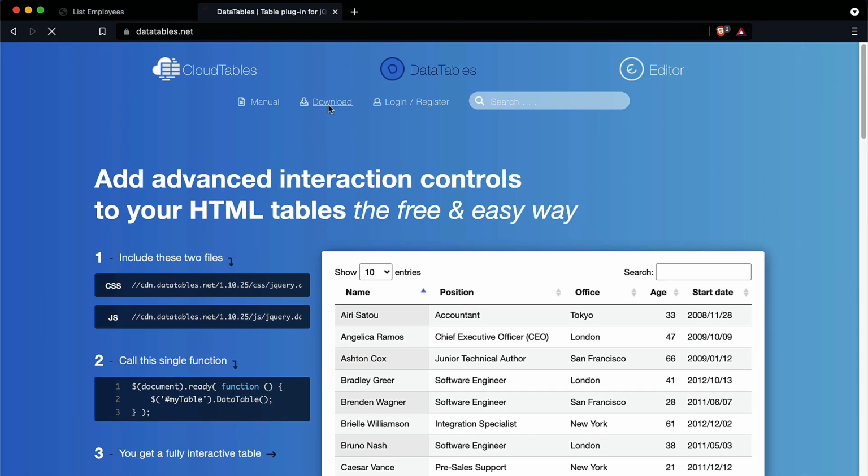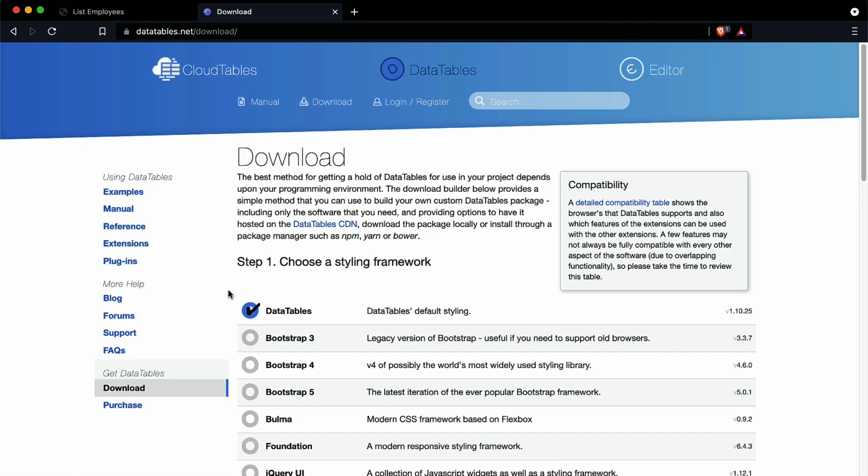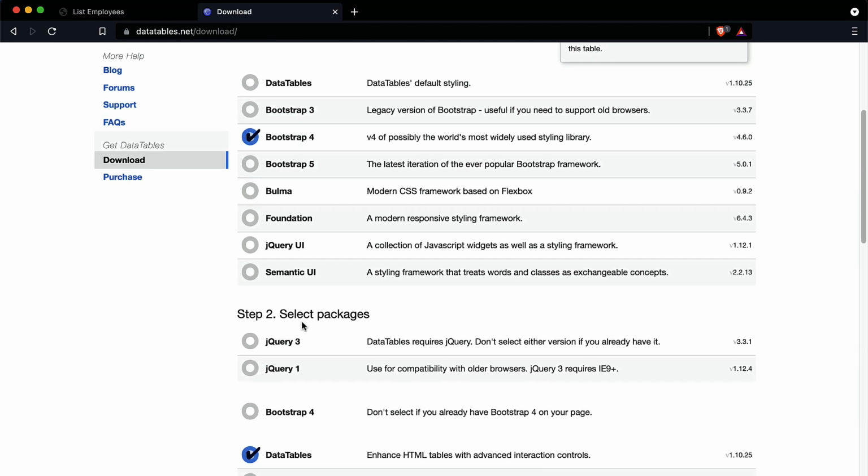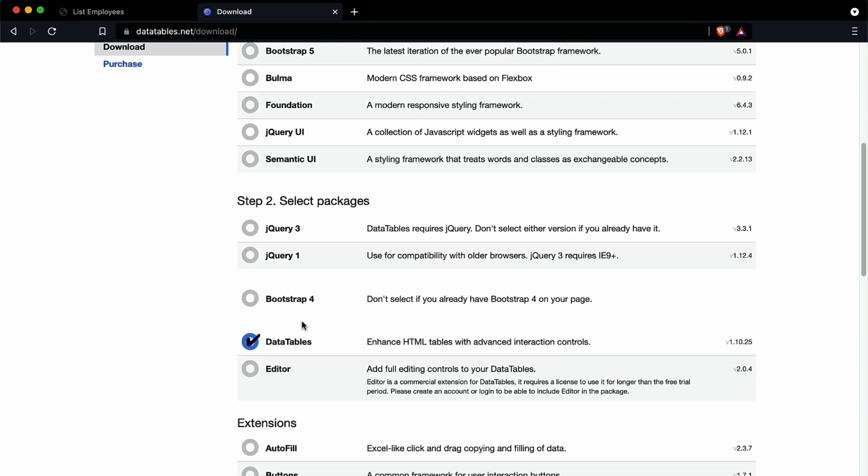Go to the download section, and here we are going to choose the styling framework. We're going to add the Bootstrap 4 styling framework and scroll down. We're going to choose the data tables as expected, and we need to choose jQuery as well, because the jQuery data table is dependent on the core library of jQuery, so we need to add that as well.